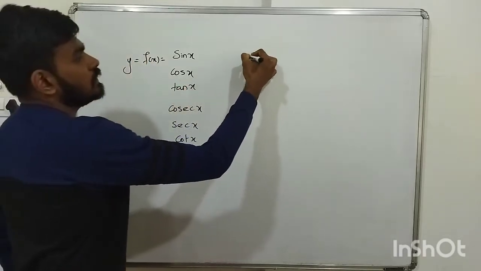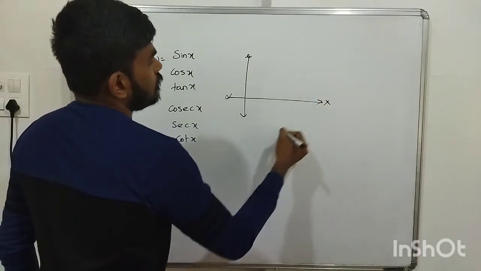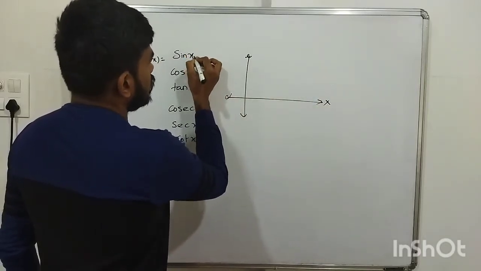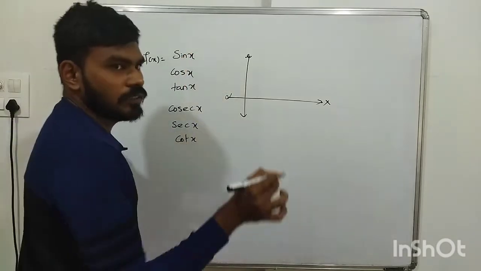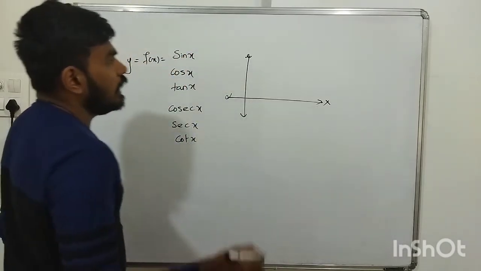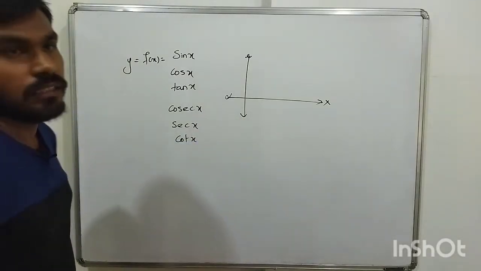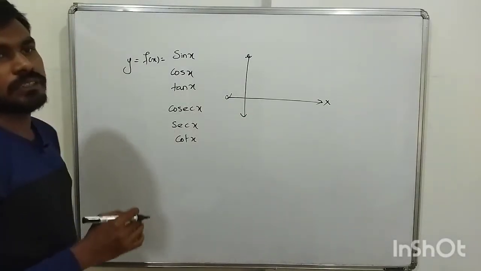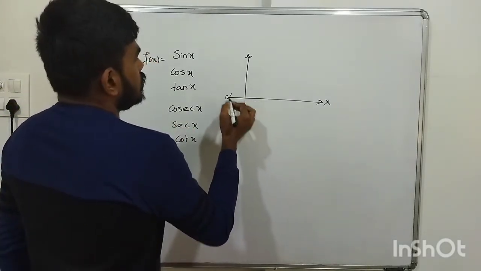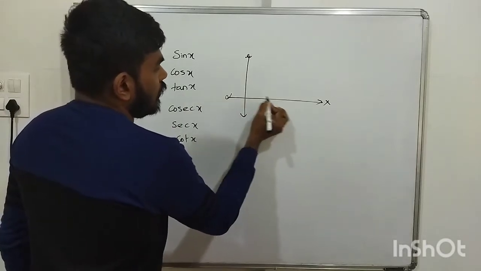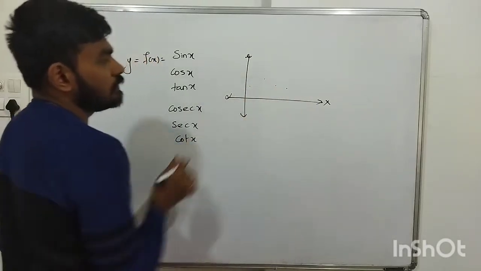So on the x axis we will take x, whatever value we take here, pi by 2, pi by 3, pi by 4, whatever it is, and in radians, not in degrees. Radians are real numbers, not degrees, that's why we are going to take radians. So sine of pi by 3, pi by 4 here, and the value of that, whatever it comes, we are going to mark somewhere here.